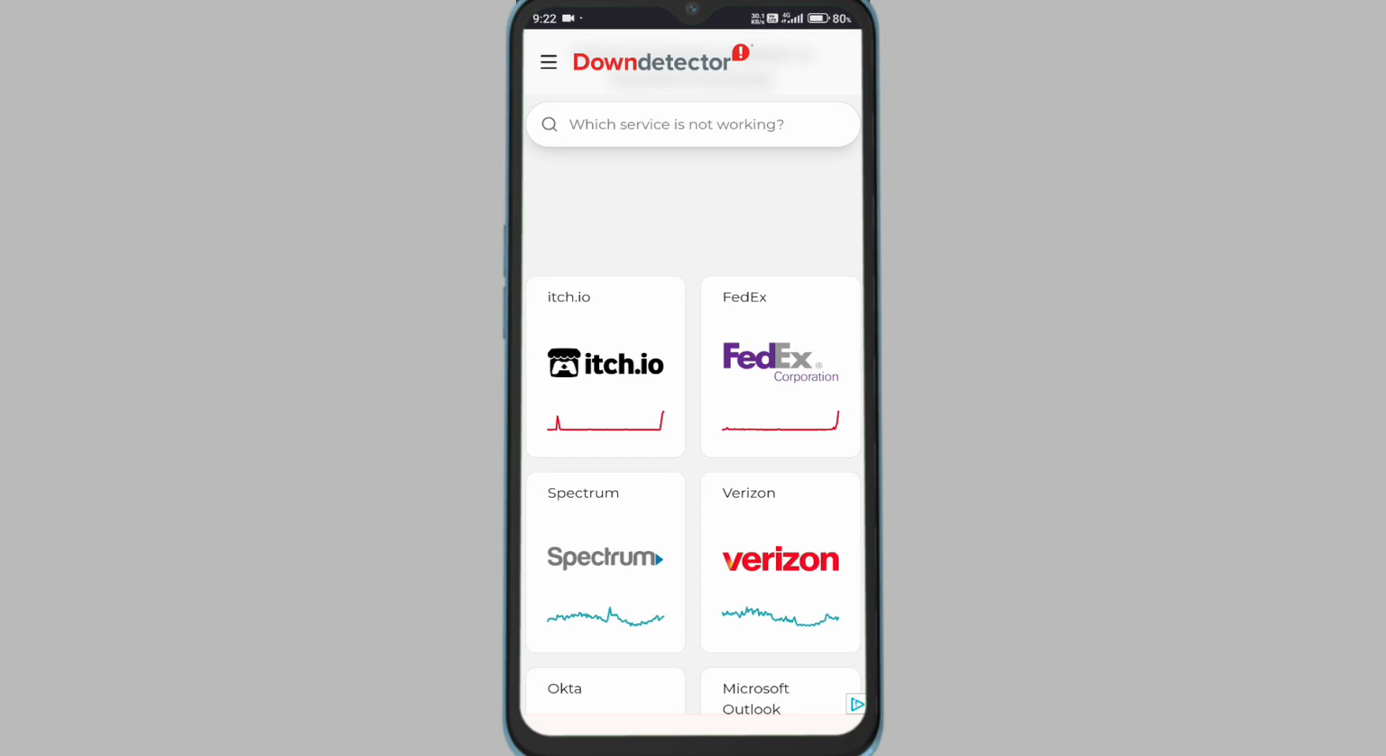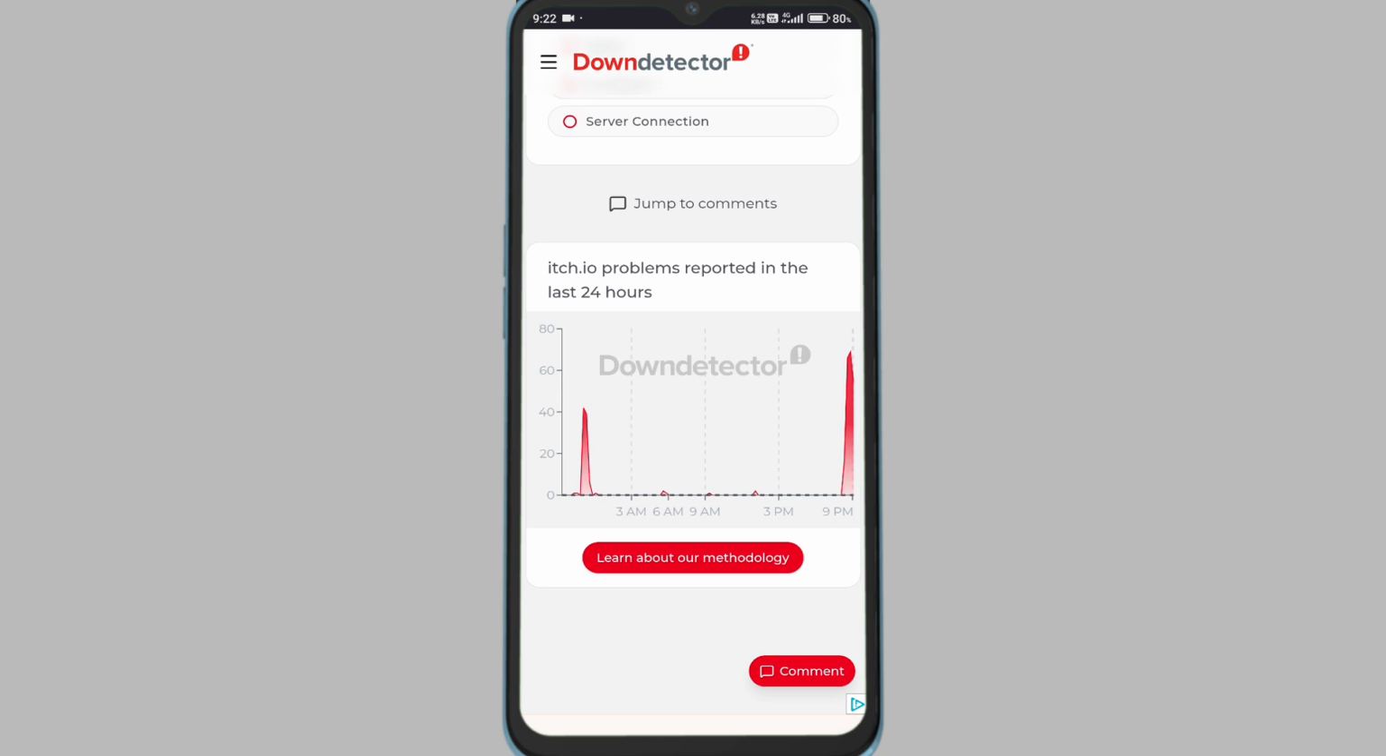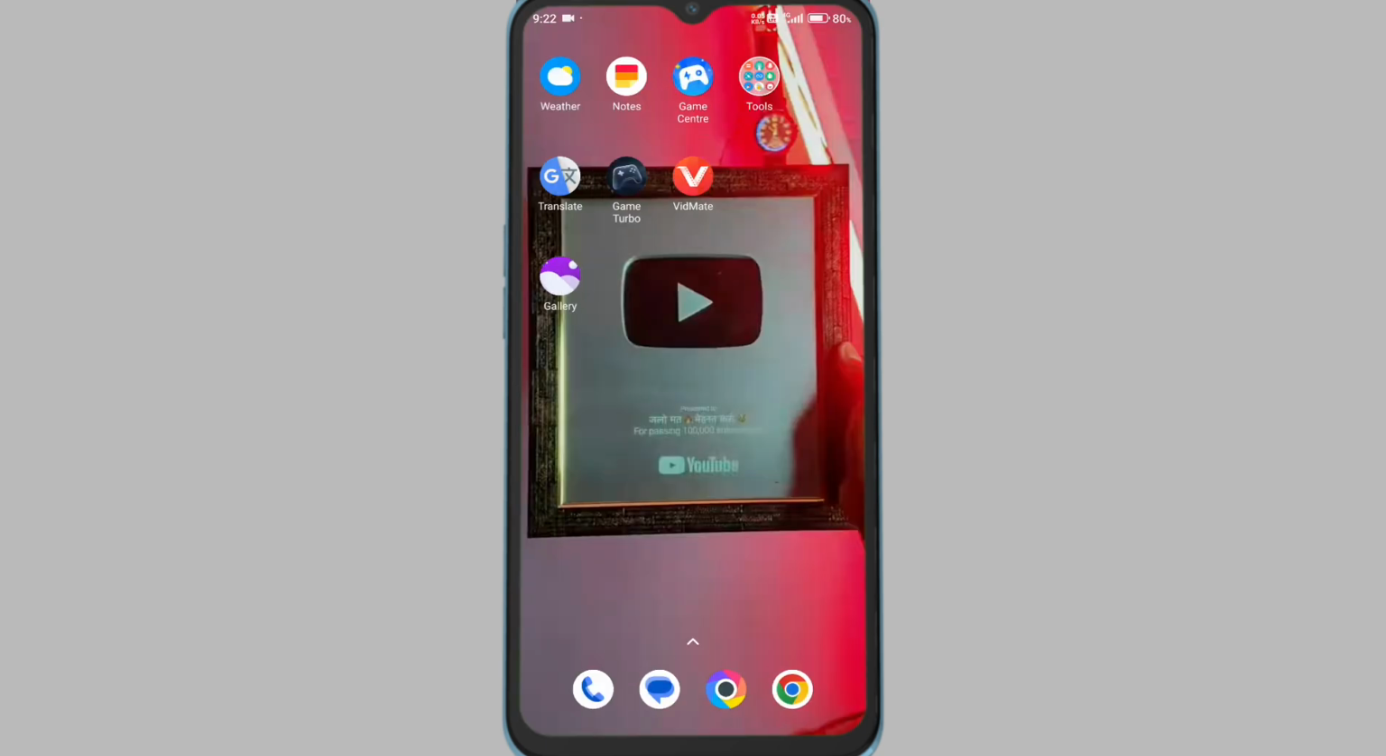Hello friend, today I will show you how to fix itch.io login issue problem. If you are facing this problem, follow these steps carefully. Let's get started. First step,